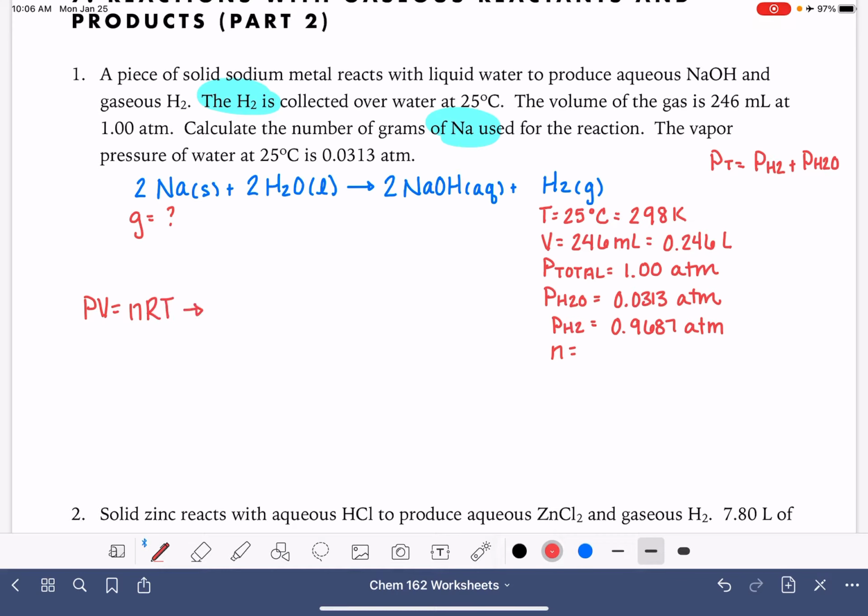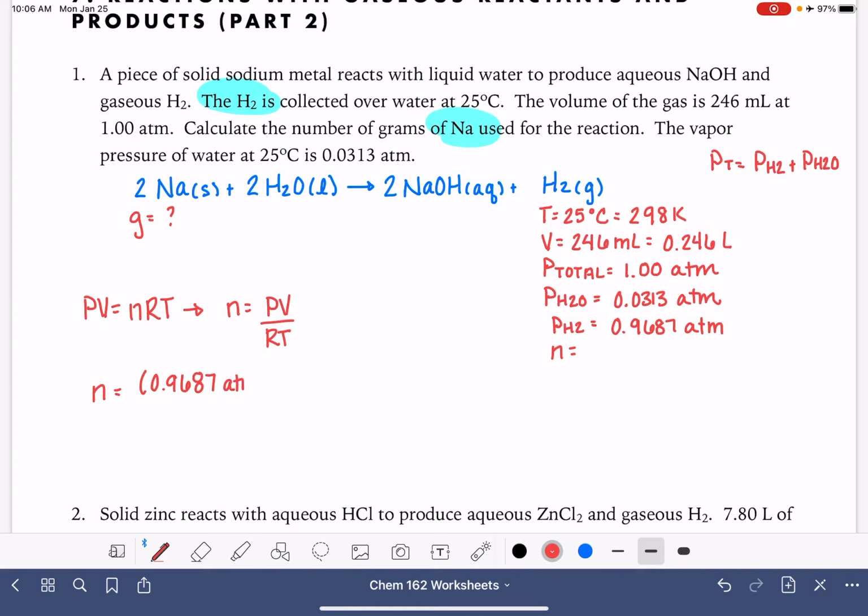But we want to rearrange it so that the number of moles is PV over RT. We're trying to calculate the moles of hydrogen, so that means we want the pressure of the hydrogen. I know you've got a lot of pressures to choose from here. So the number of moles of hydrogen is going to come from the partial pressure of hydrogen,